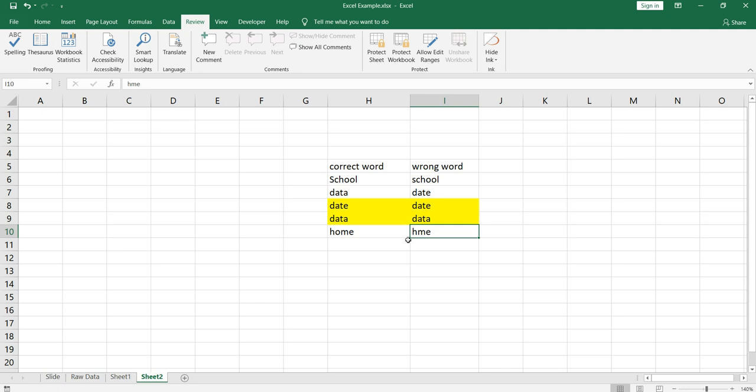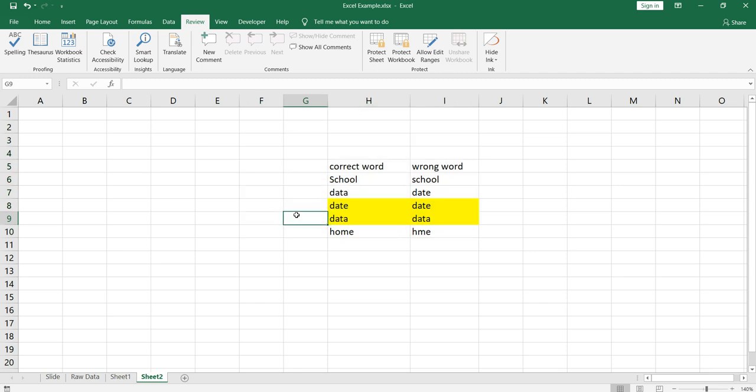But if there is something, for example, a name like Dan, or some other thing which Excel doesn't know, and you want to put it into the dictionary, you can do that. There is flexibility. So this is how you can update the wrong words into the correct words.